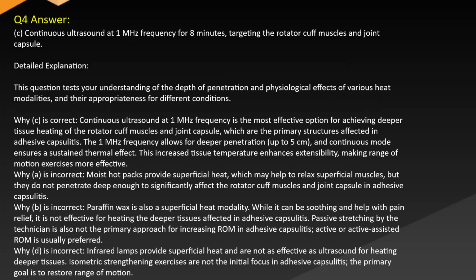Answer: C. Continuous ultrasound at 1 MHz frequency for 8 minutes, targeting the rotator cuff muscles and joint capsule. Detailed explanation: This question tests your understanding of the depth of penetration and physiological effects of various heat modalities and their appropriateness for different conditions. C is correct. Continuous ultrasound at 1 MHz frequency is the most effective option for achieving deeper tissue heating of the